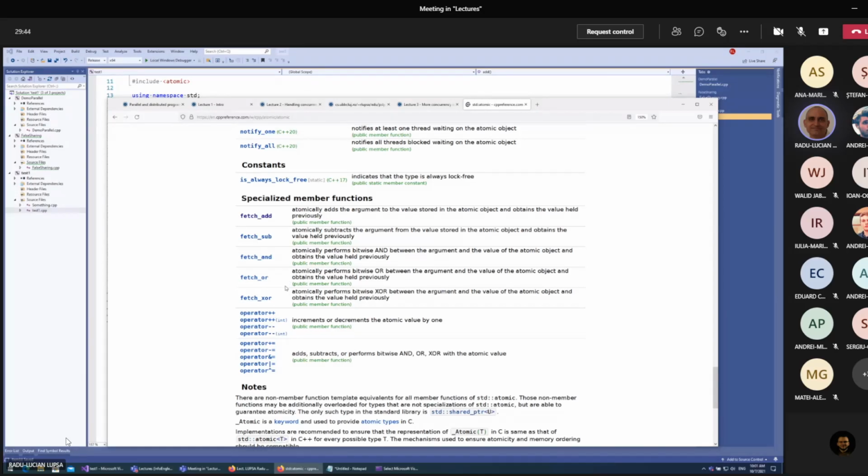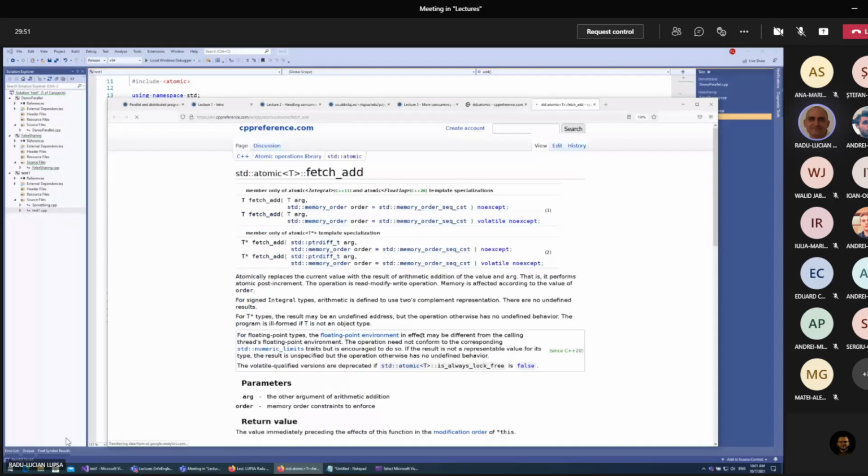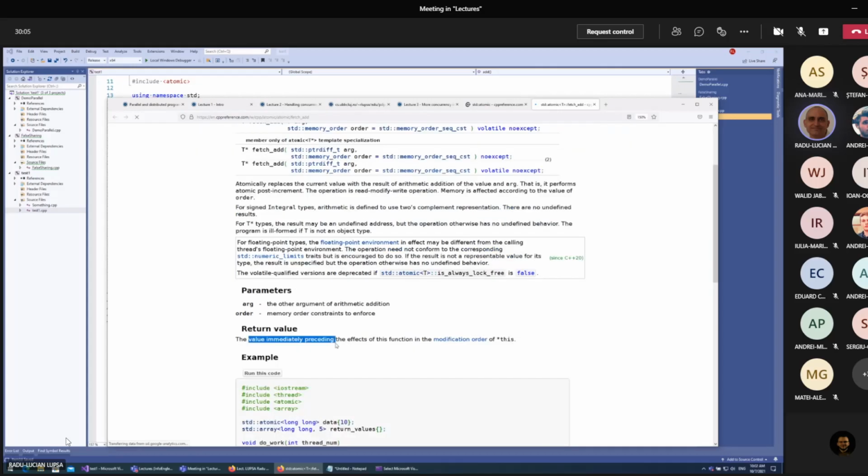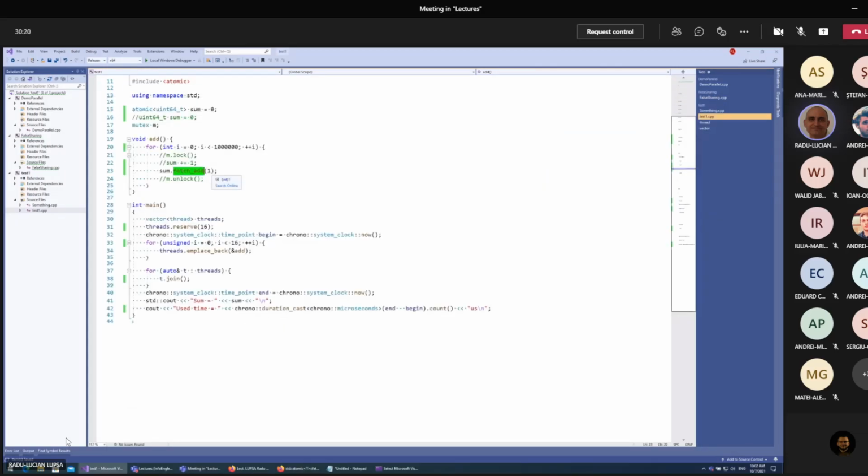Now, if I look at the operation here, I have two more things. The first thing is that it returns a value. And if I look in the documentation, I find that it returns the value that was before executing the operation. So if I get the return value from here, I get the value before the increment. And that starts being interesting because